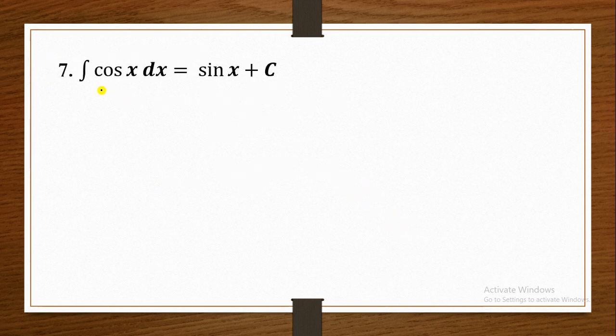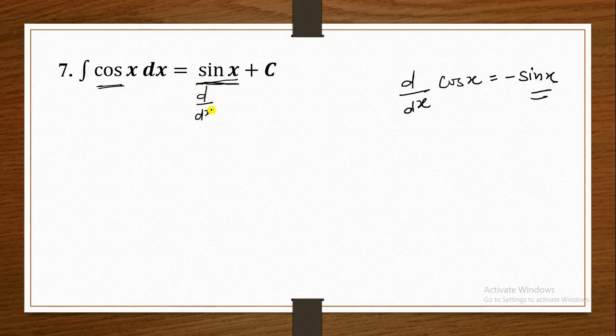So next, the integration of cos x dx is equal to sin x, but the differentiation of cos x is equal to minus sin x. Here the integration of cos x is equal to sin x, and the differentiation of the angle in this term becomes 1. So you write 1. So there is no requirement for the 1 in this term.